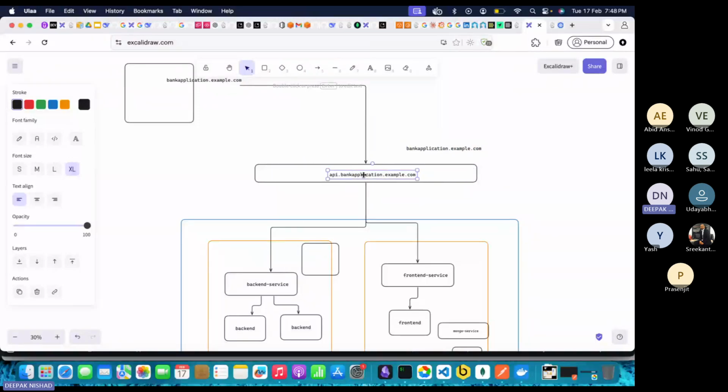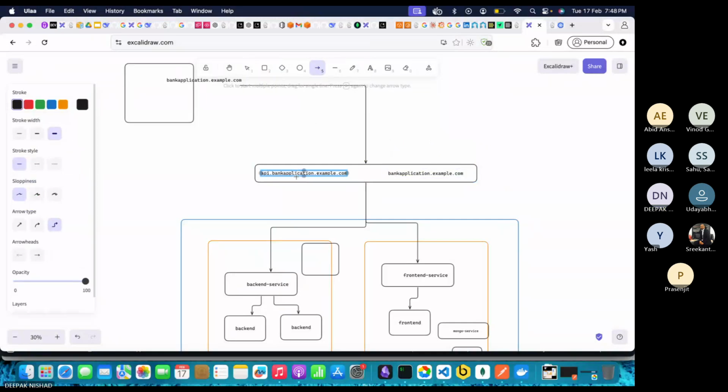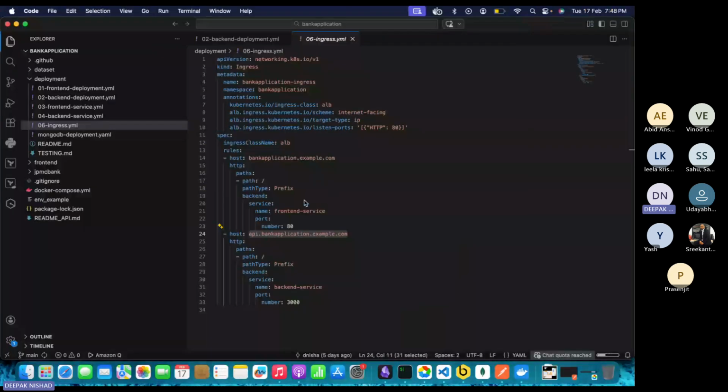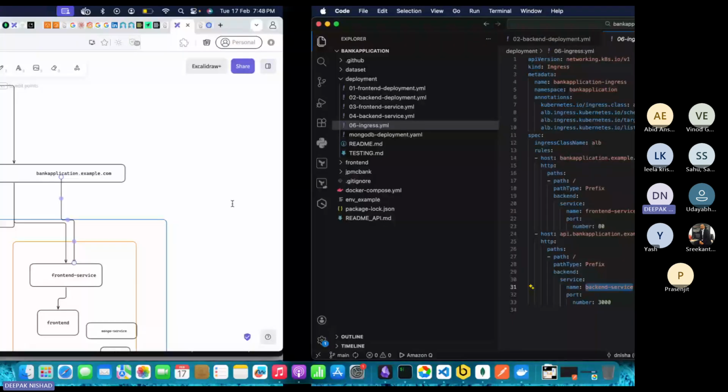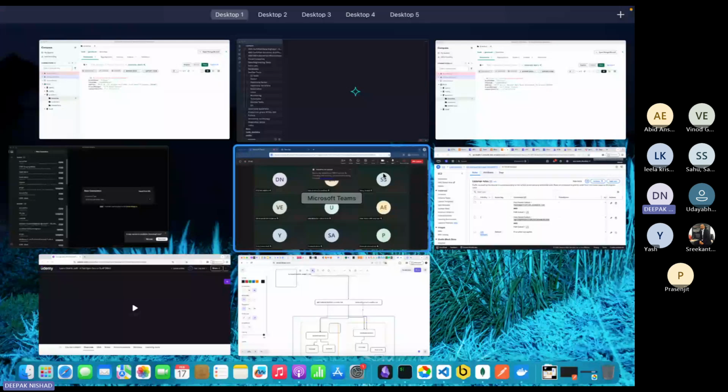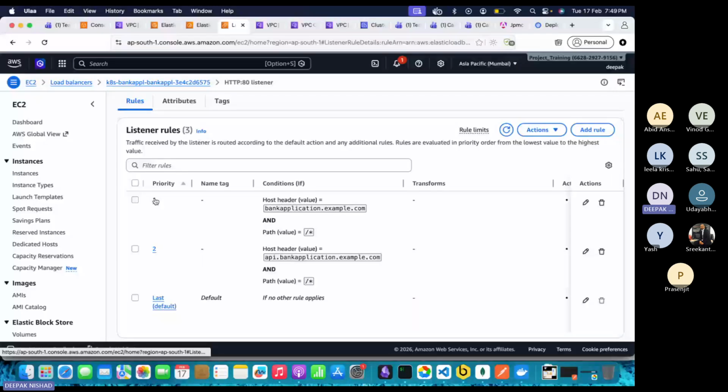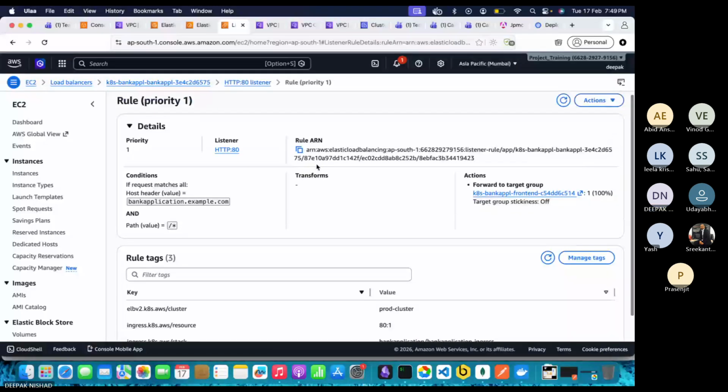Okay, I have put this thing very wrong. So this is what is happening here. If you get this, forward it to your backend. If you get this, forward it to your front end, backend service. So how you identify that I am saying the right thing is that here you can see there is banking